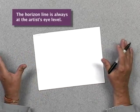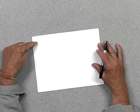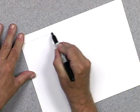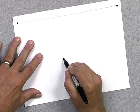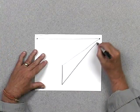The horizon line, the horizon being where the sea meets the sky, is always at the artist's eye level. So if you're doing a bird's eye view, you need to move the horizon line up very high in the picture plane. If you're doing a worm's eye view, the horizon line appears very low in the picture plane. If we're going to do this same building seen from above, we will start with a very high horizon line, two vanishing points. Once again, start with the closest corner of the building to me, back to here,